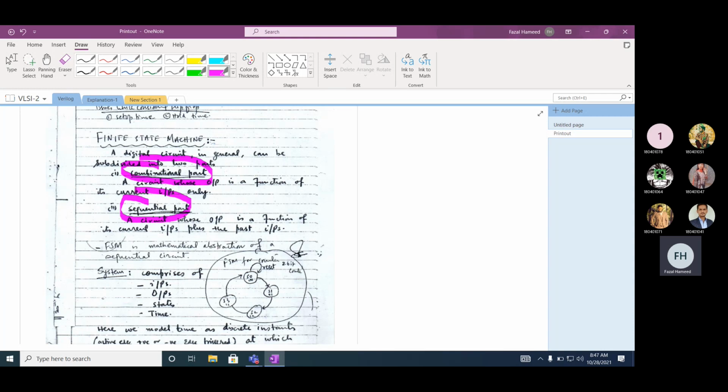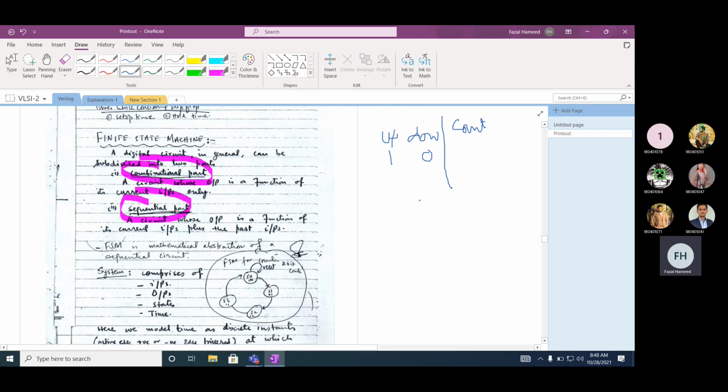Now, if you remember the up-down counter, let's assume we have an up-down counter, which we already studied. The value of up is 1 and the value of down is 0. What will be the value of count? You don't know. It depends on the state of the counter. If the value of count is 5, it will be 6. If the value of count is 9, it will be 10. But it was not the case in the combinational circuit. In the combinational circuit, the output was only a function of up and down.